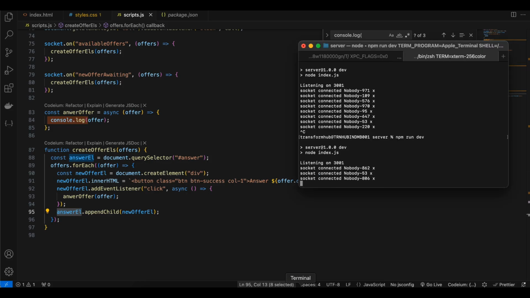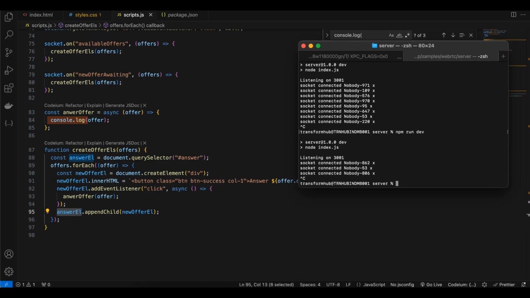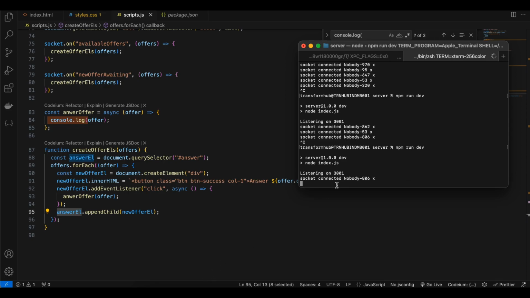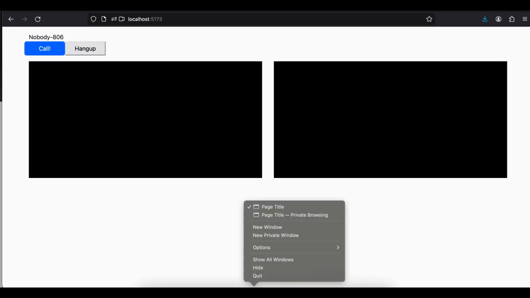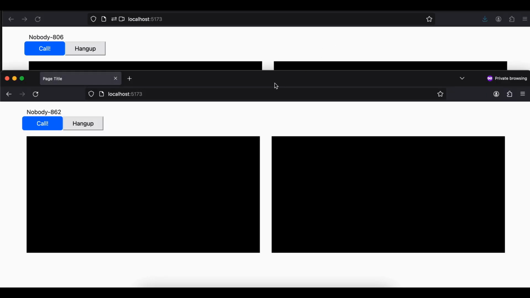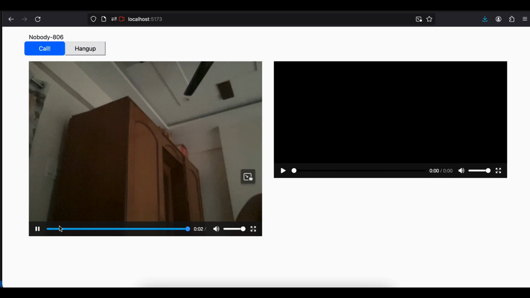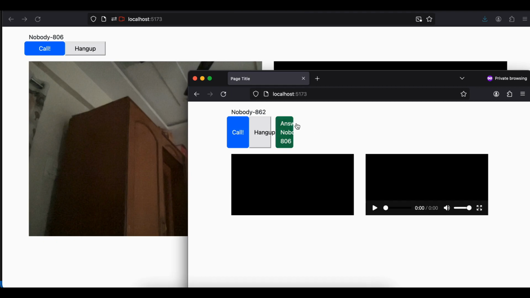Now what you can do is just start your server. I'll close it, I'll start my server, and it has automatically connected to my socket. I have an incognito window open as well. Here you can see, if I quickly click on the call function inside my normal window, I will just pause this for now, and if I go to incognito,